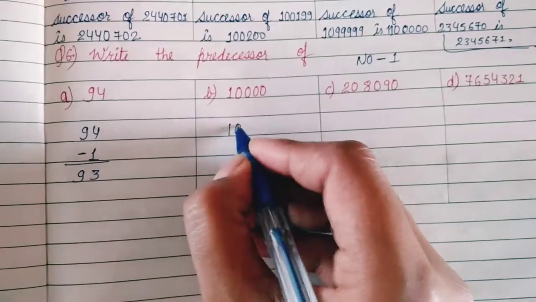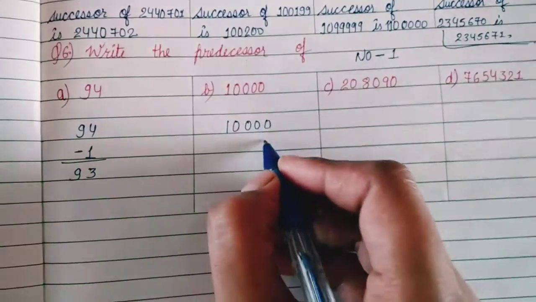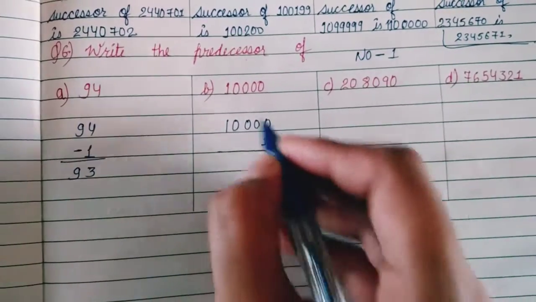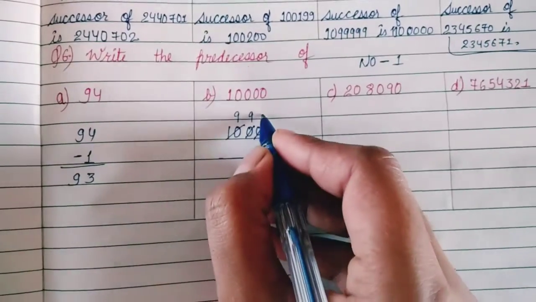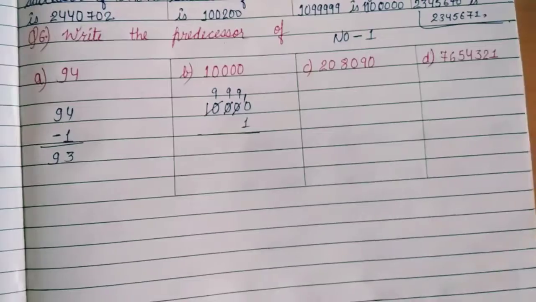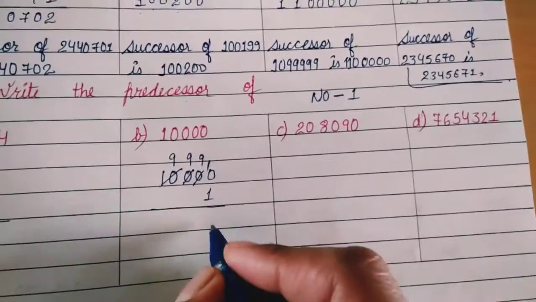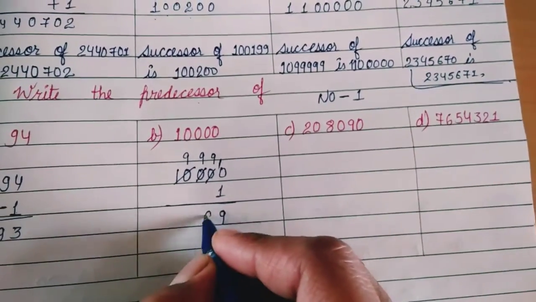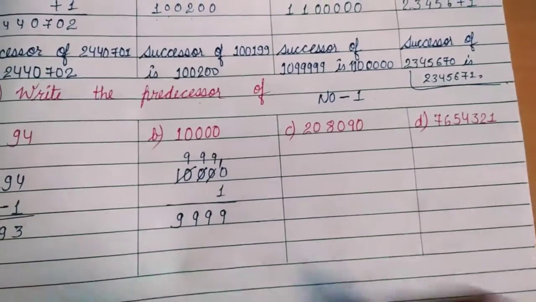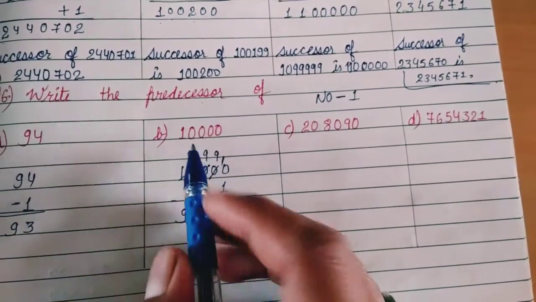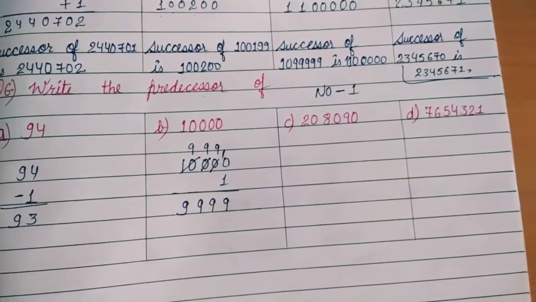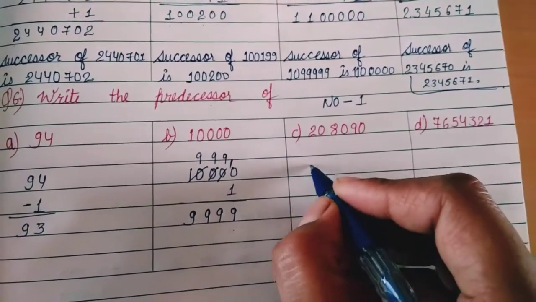Same, here also we will subtract 1 from 10,000. So here we have 9, here we have 9, here we have 9, and here we have 10. 10 minus 1, 9, and these 3 9s will come as it is. So 9,999 is the predecessor of 10,000. Then for the next one, same,